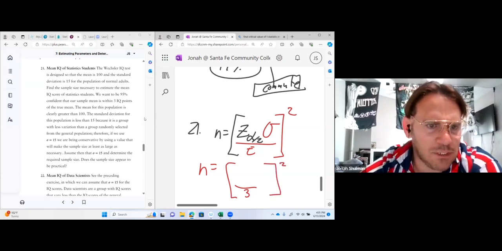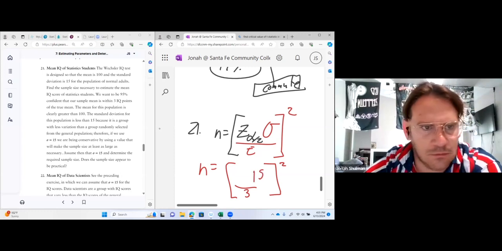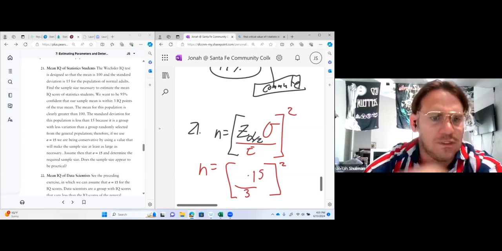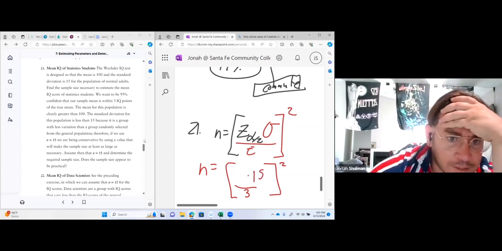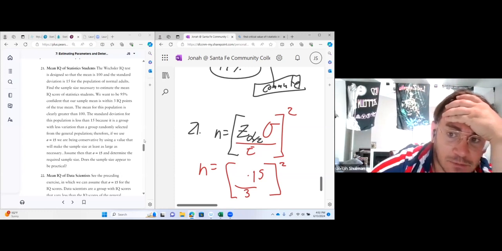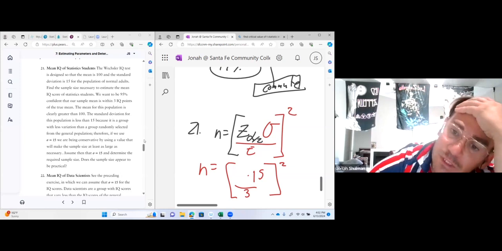The mean for this population is clearly greater than 100. The standard deviation is less than 15 because it's a group with less variation. And if we use the 15, we're being conservative. Does the sample size appear to be practical? All right, so